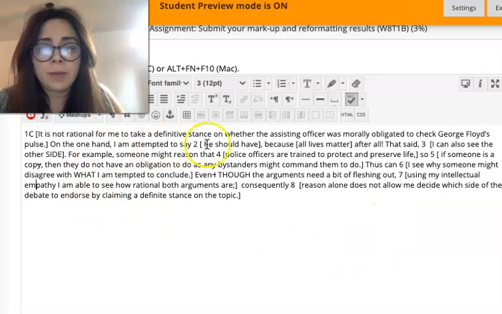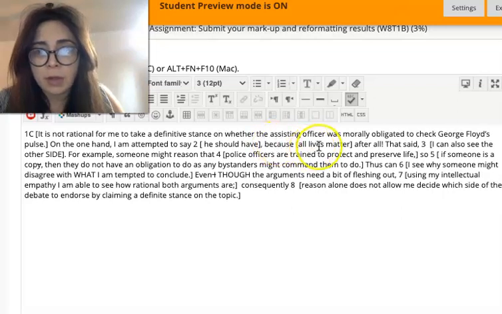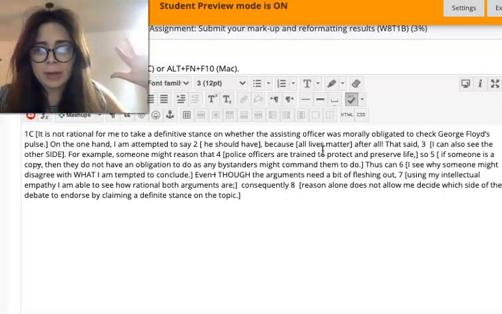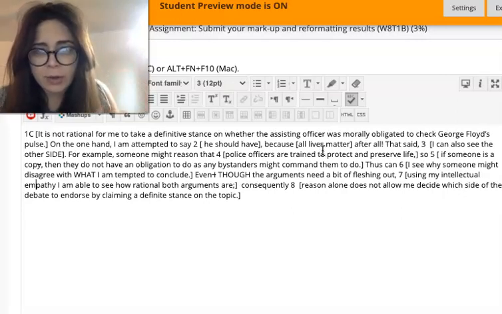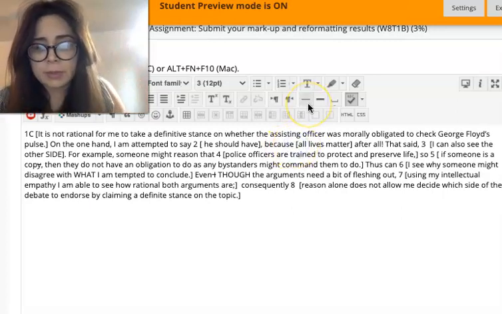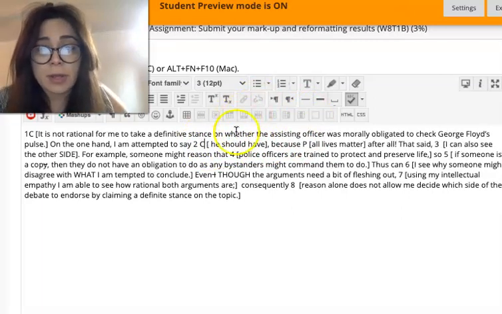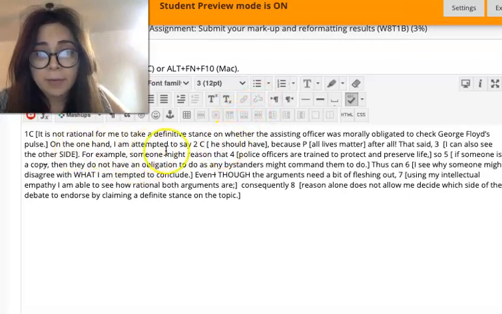On the one hand, I'm tempted to say he should have. Okay, so I was giving a side, and then, because, so I was giving a reason, all lives matter, and I emphasized that this statement 2 is a reason with the word after all. I put my premise, I made like a premise indicator sandwich. Okay, so this is definitely a premise, and it's being given in support of the statement immediately before it in the same sentence, as a conclusion. And I can tell from the way I set up this sentence that 2 and,